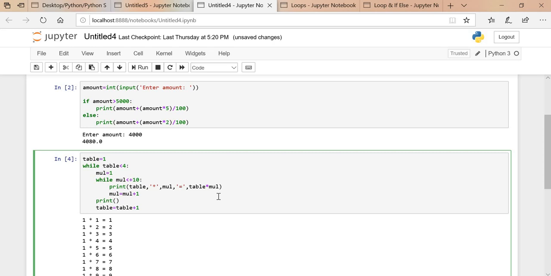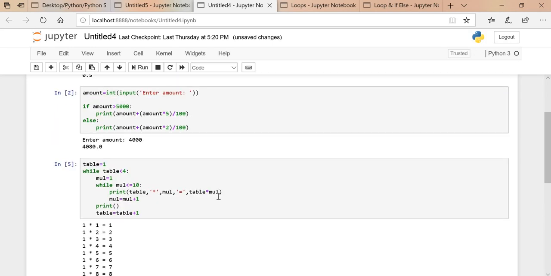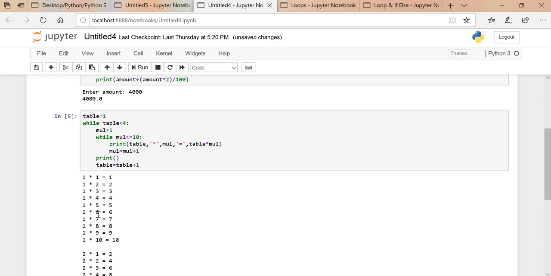Sorry, we have to give equals to here. So see, this multiplication is starting from 1 till 10, 1 2 3 4 5 6 7 8 9 10. Up to 10 we have to multiply this table.